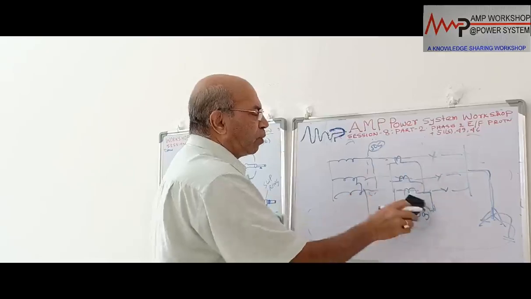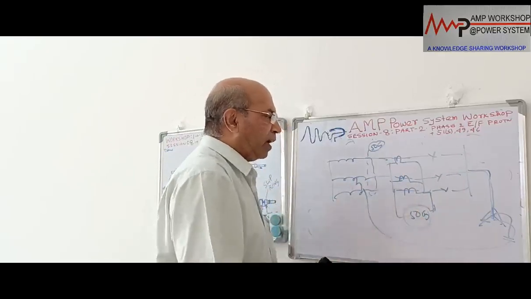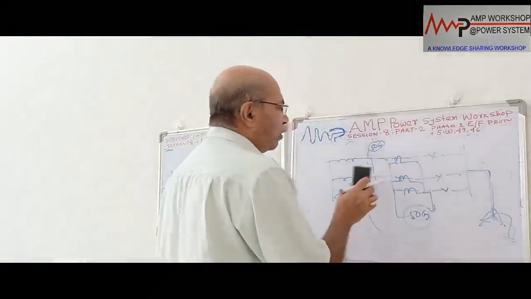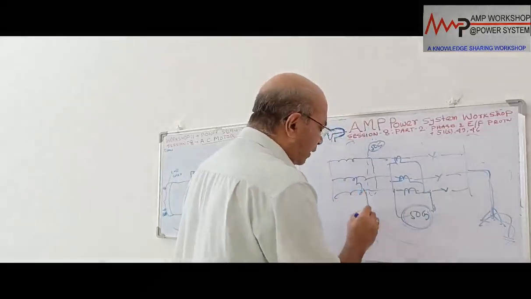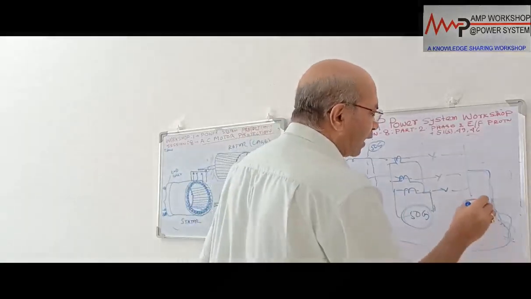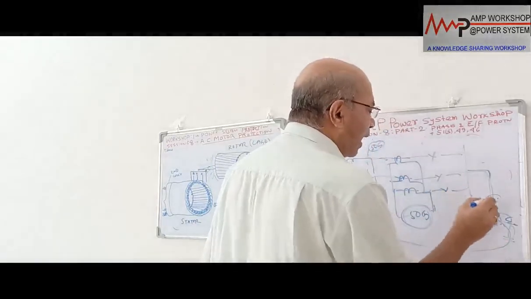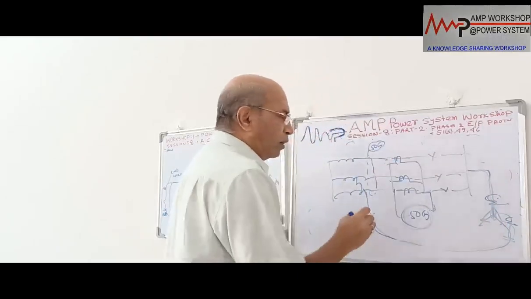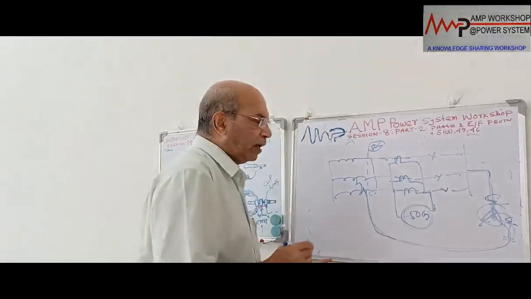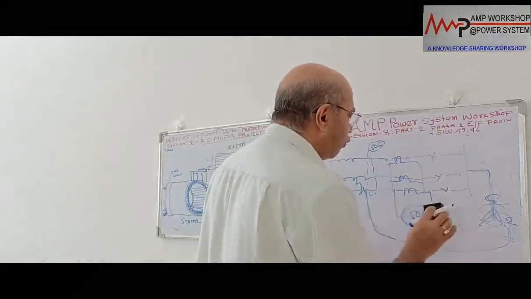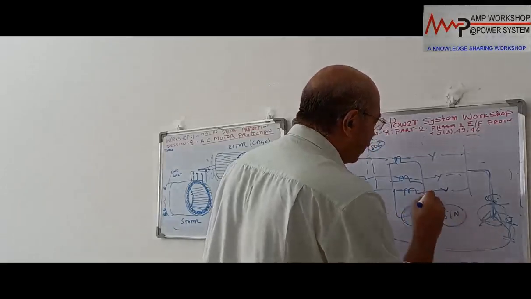But for the 50G, we do not provide a separate relay. With the phase CT, we use the 50G. In addition to 50G, because in that case, if this 50G fails to operate and earth fault current is flowing through this, this earth fault current will be seen by the transformer neutral CT over here, as well as the incomer also seeing the earth fault current. So in that case, if the earth fault is over here, the incomer may operate. We do not allow that. That's why in addition to 50G, we provide 51N also here.